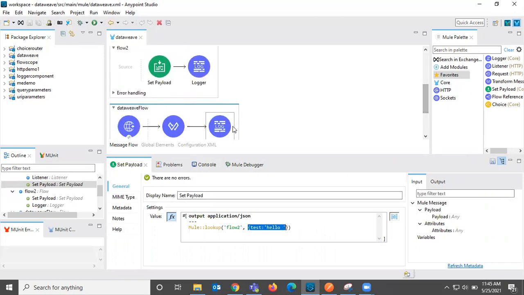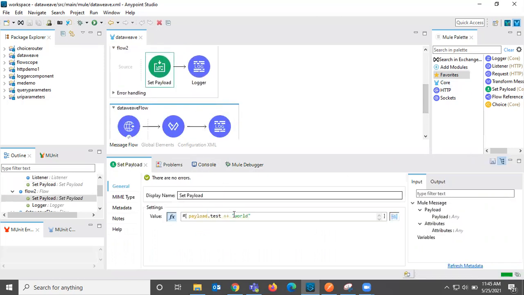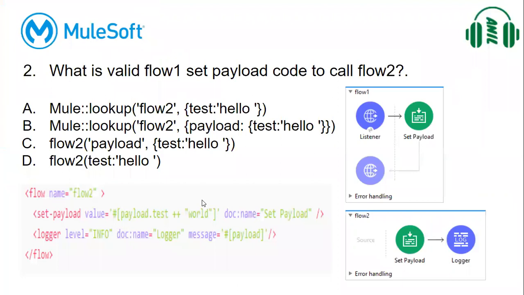In the second flow, it is concatenating that with world. So that's why you can see hello world there. So correct syntax for this is option A, because this is actual syntax of lookup. So how can we call from flow 1 to flow 2 from the set payload is we need to use lookup. So that is clear.